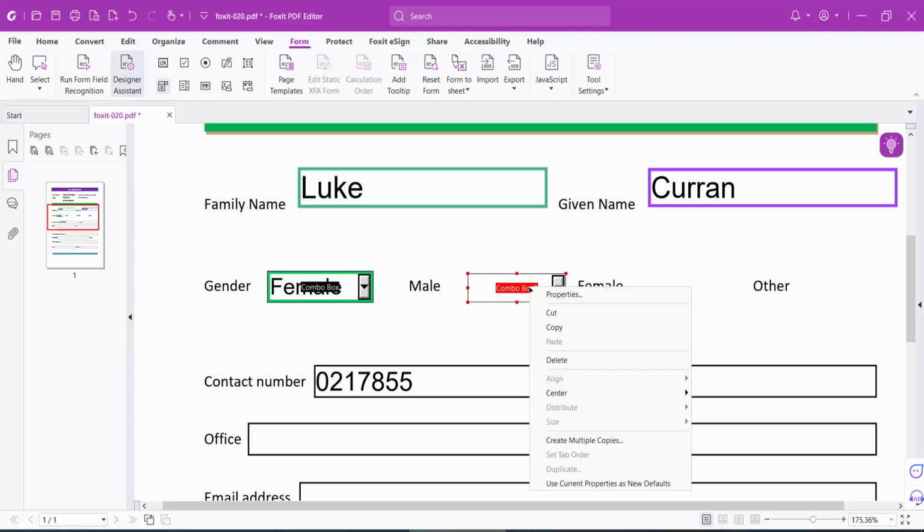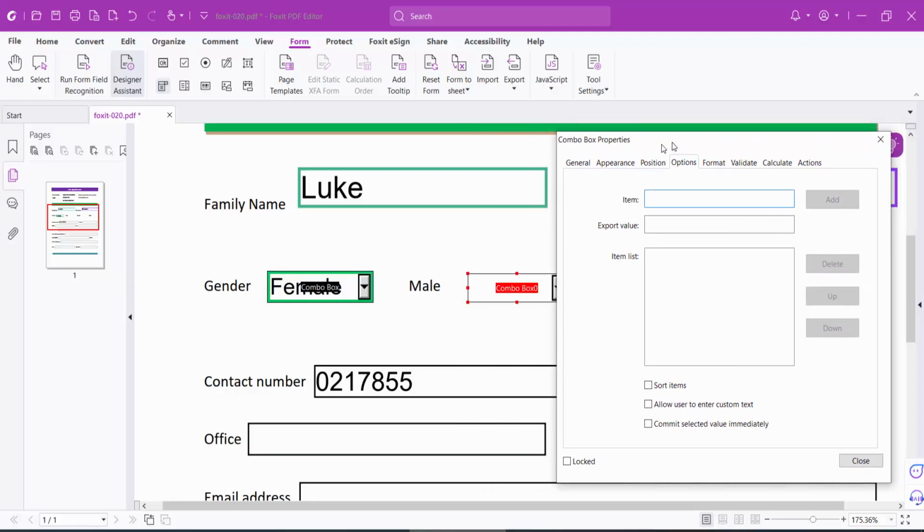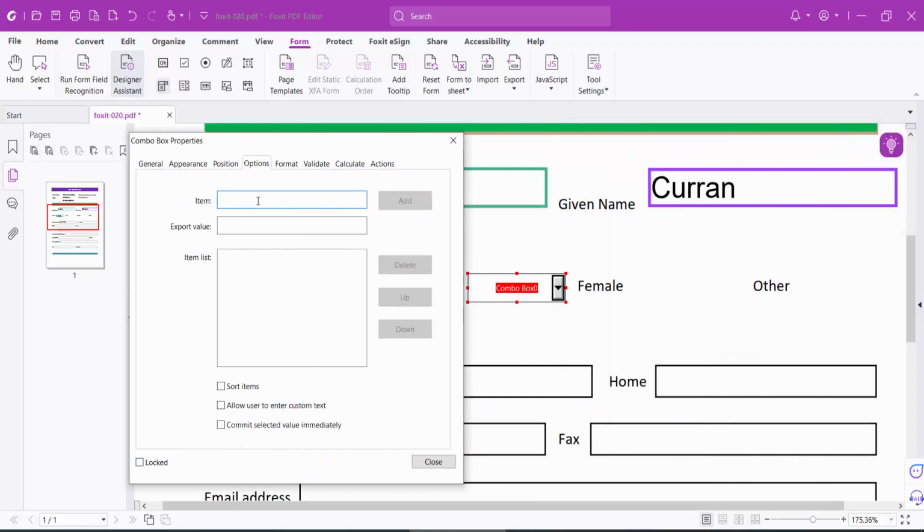Now click the right button of the mouse cursor and select the properties dialog box. In the properties dialog box, firstly go to the options menu, already selected option, and enter here your item value. I will add a country list, see this: France, and this is below. Now add